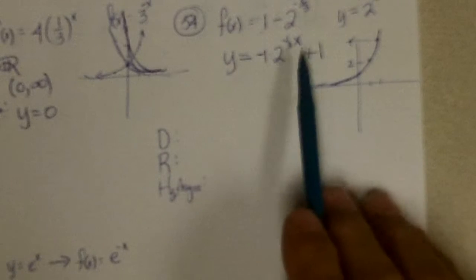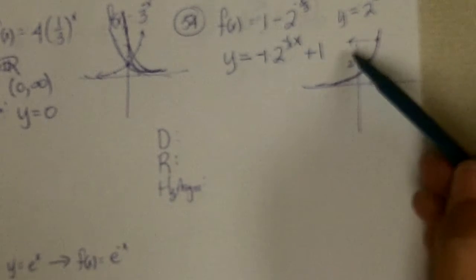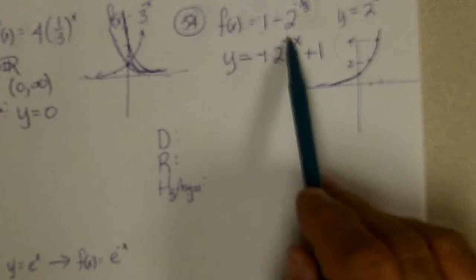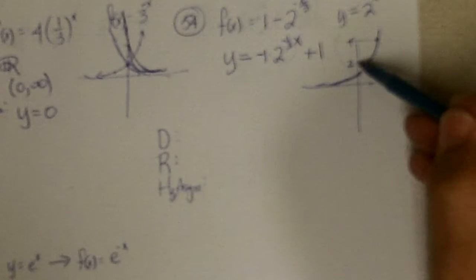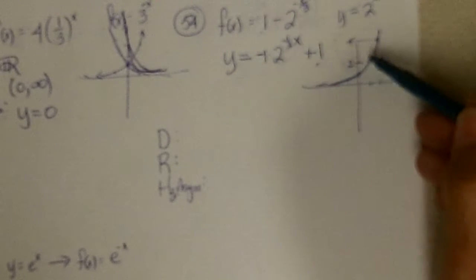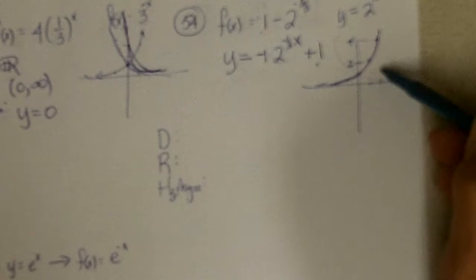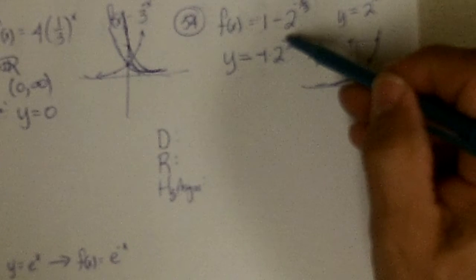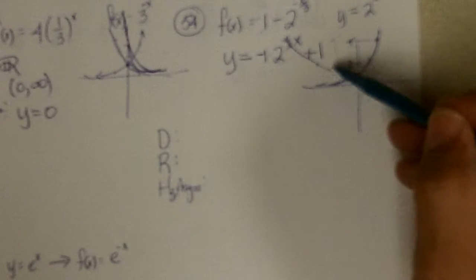And now I have to, let's see, let's start at the x. Negative on the x would flip it this way. 1/3 would make it 3 times as wide, so this was over 1. Now it's back 1, so it's now back 3. And this one that was back out 2 would be back 2, and then times 3 times as far, so it's back at 6. So it's going like this,